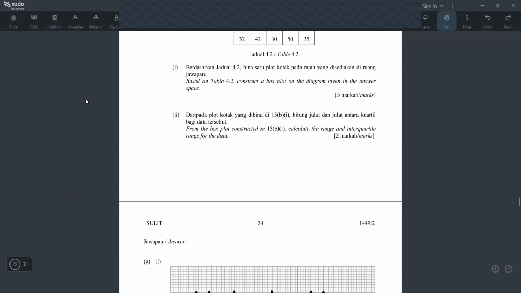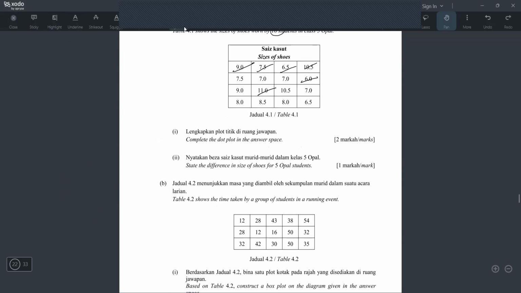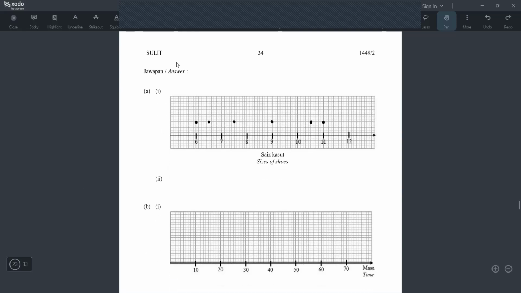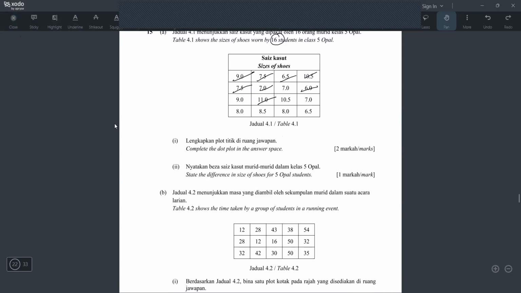Okay, now the next one is what? The next one is 7.5, 7. 7.5 is here. Oh, sudah ada satu dot. So macam mana? Naik sikit. Naik lagi sikit. Dan put lagi satu dot lah. 7.5, 1, 2, 3, 4, 5. Okay, 7.5. And then 7. 7 is just here. Okay. And I believe the next one also 7. Yeah, the next one also 7. So 7 and then 9. Okay, yeah, yang 6 ni sudah.